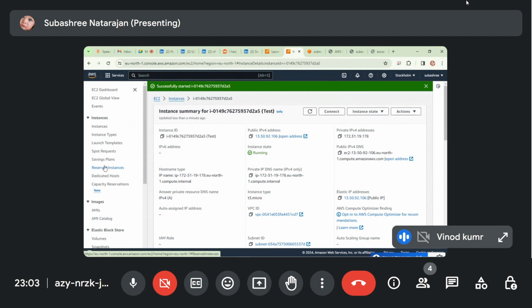I will show tomorrow how two allocations work. In the public IP address, you can see two IP addresses automatically. One is allocated by the Elastic IP and one by the ENI, and the private address is the same, 172. Next time we can see three IP addresses like that.